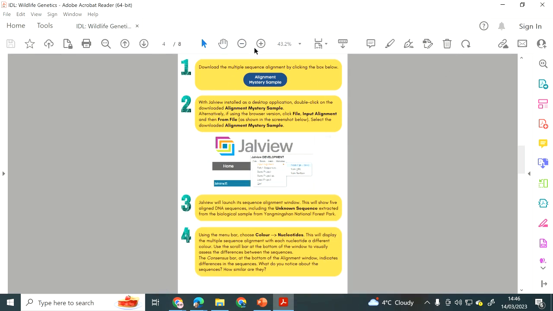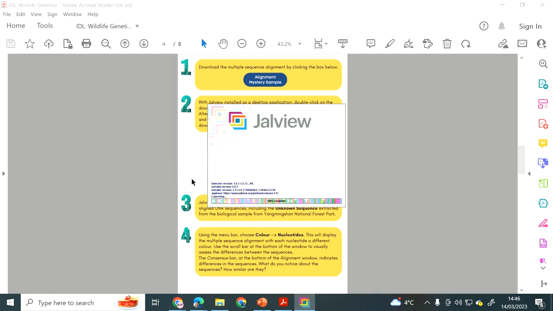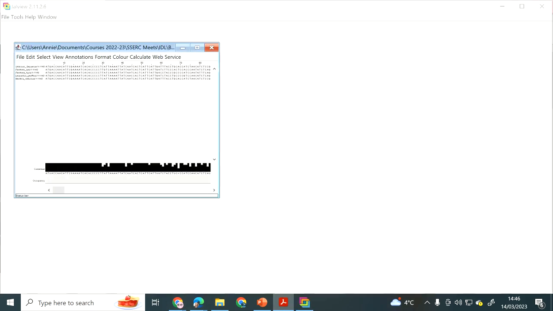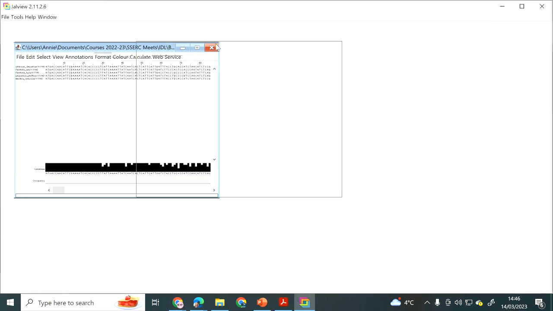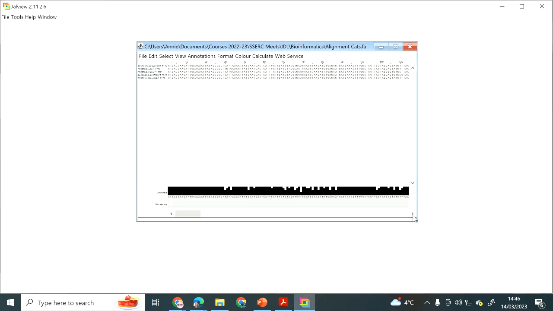So we move to step 2. I'm going to just use the desktop application, but all the instructions are there if you're using the web browser. So all we're going to do now is find our sequence alignment, and I'm going to double click it and it's going to launch GeoView. A range of different windows here, and the main window for this, it depends what you're loading up. So we've only got the multiple sequence alignment window, and you can see up here, very small, but we've got our unknown sequence. This is the sequence that we have obtained from this national park,